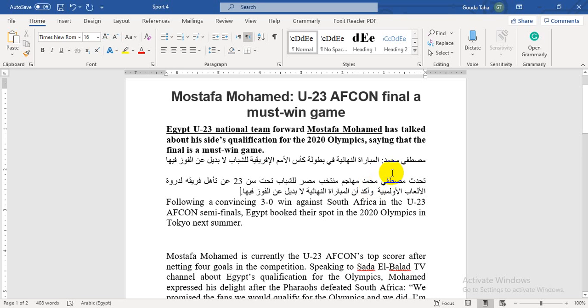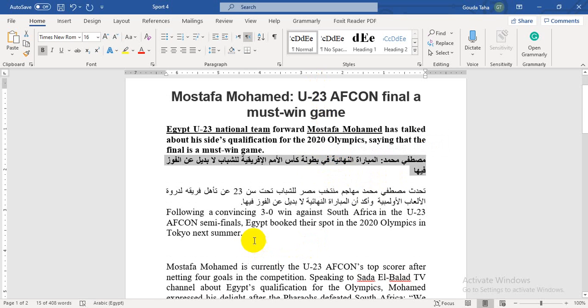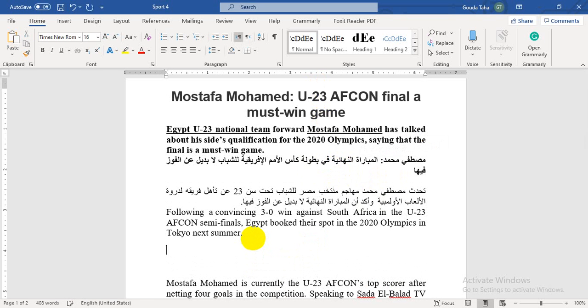So now I'm done with this part, with the title of course, and with this part. And here we go for the next one. Following a convincing win. Convincing win اللي هو الفوز المستحق. It's a collocation. So